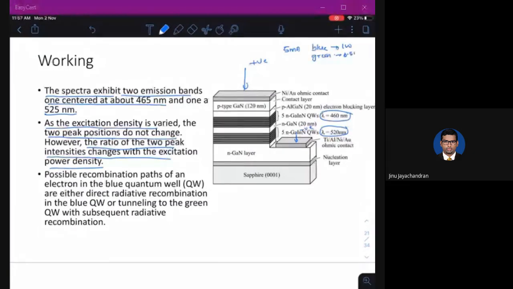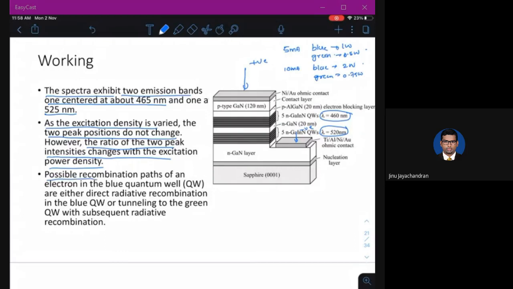Now if I increase this to 10 milliamps, the blue might give a power output of 2 watt, and the green might give only 0.75 watt. So the power output or the peak intensity will change. It does not change proportionally; it changes in a different manner for each of the colors.